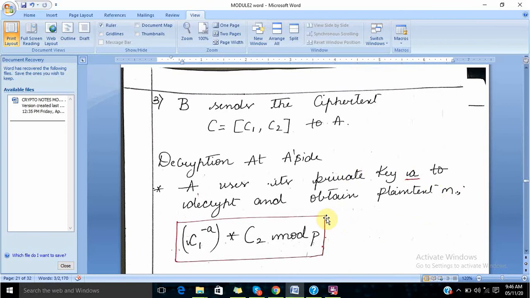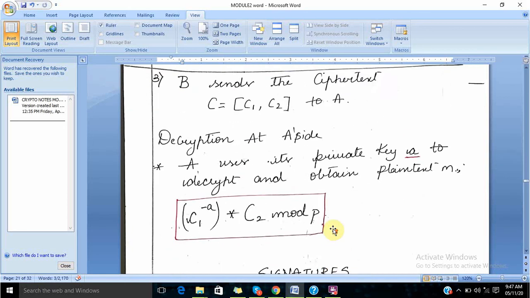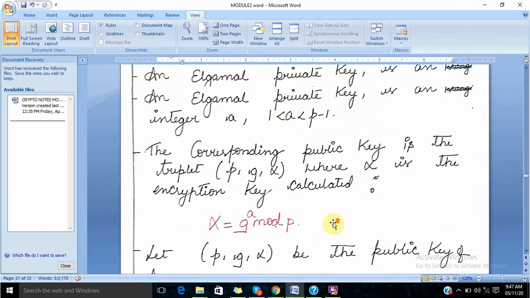While decrypting, you have to use the ciphertext which you had found. You can see, students, two ciphertexts are there, so it provides more security, whereas in other places you could see only one ciphertext. Here C is a combination of two ciphertexts, C1 and C2. So M is equal to C1 to the power minus A into C2 mod P. Once you do this, you get the message M. This is the whole concept, students. It's as simple as that.